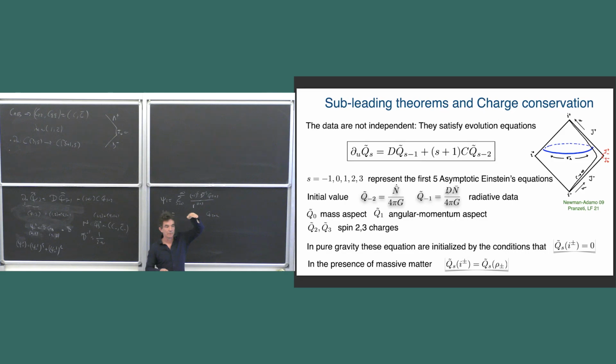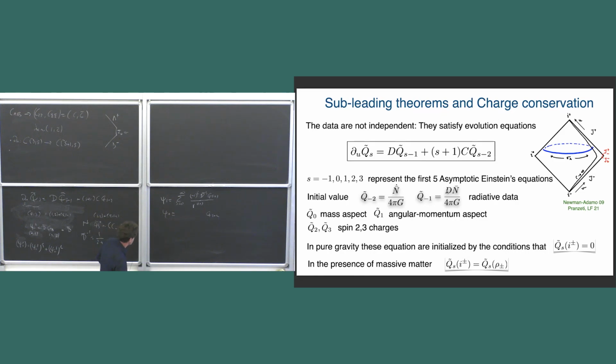What we want to look at is how these equations couple to mass. But right now, for the simplicity of this talk, I'm just assuming that it's pure gravity. So if it's pure gravity, Q_S of I plus is equal to 0. Right, and it means that I can integrate these equations along chi. It tells me exactly what the charge is, and the symmetry charge is really the charge at I naught here. Otherwise, if there is matter, then you just have the flux term here plus the charge at I plus. Okay.